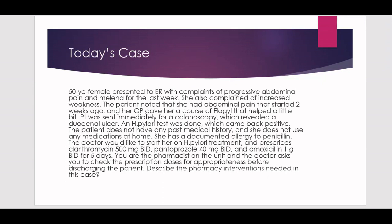Now let's say that the prescription was written appropriately. Everything is appropriate. The doctor left his name and license number and signed on the prescription, so every legal part of the prescription is appropriate and is there. You only have to review the prescription medications for dosing appropriateness to make sure that this is the right drug for the right patient at the right dose with the right route and all that stuff. So the 5 R's, if you remember, we talked about them in previous videos. You have to check if everything is